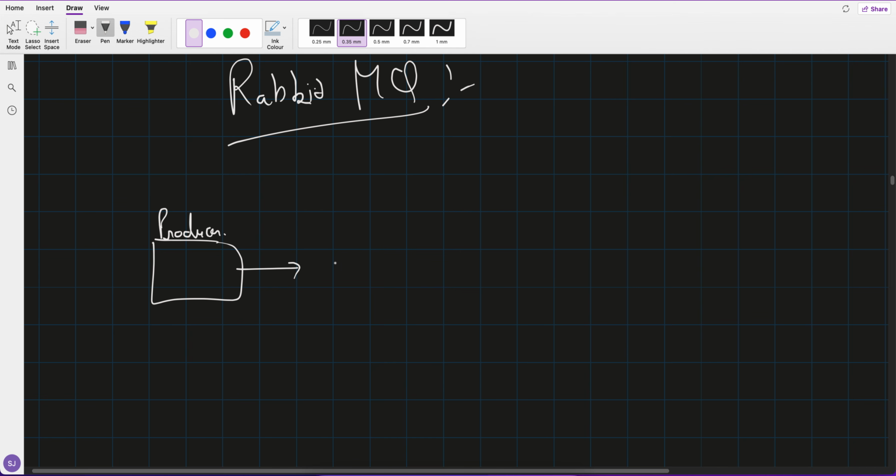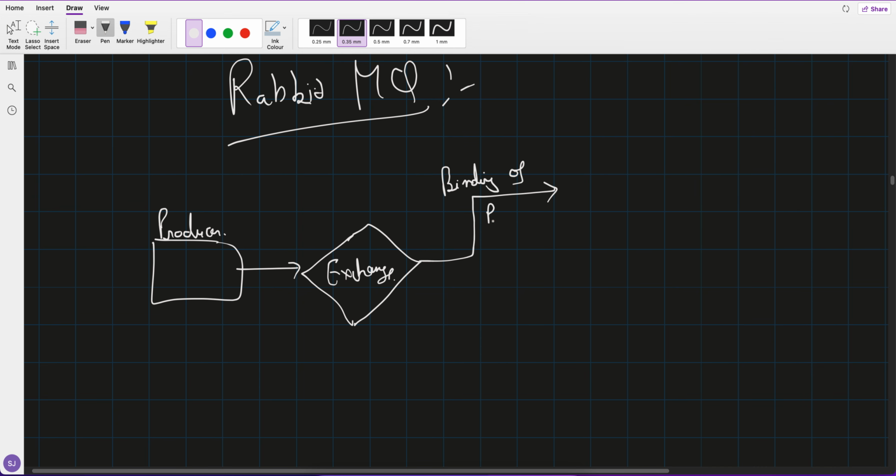Producer talks with an exchange. So let's say this is something called exchange. I will tell you what exchange does. So exchange is bound with a binding of routing key, right? So exchange is bound with the